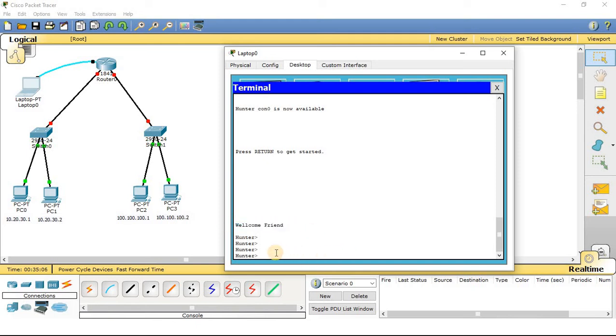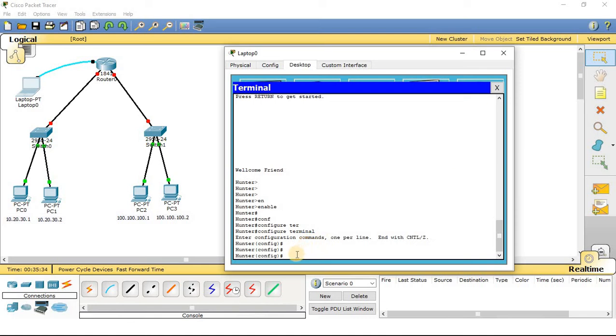Okay, so now let me again move into the configuration menu. First I will enable this router, because this router is now in inactive mode, so I will make it active. Enable. Okay, so I will move on to the configuration option. For that I will write the command configure terminal.